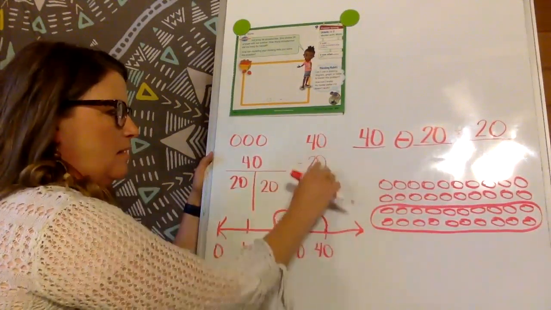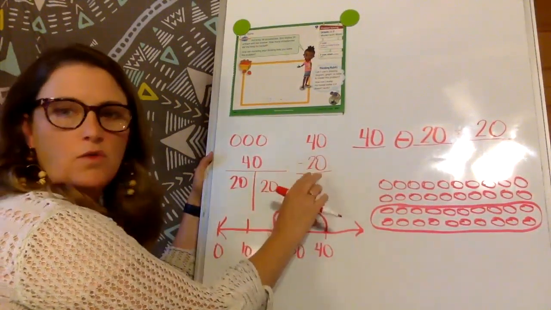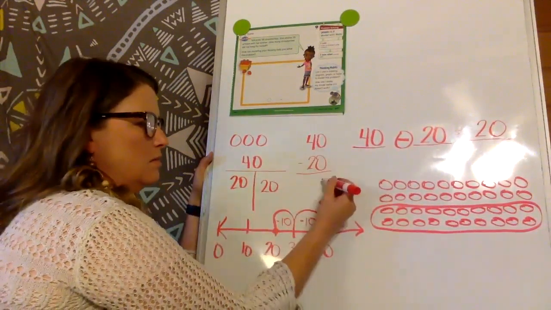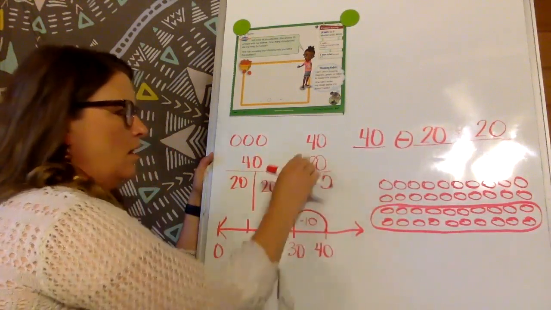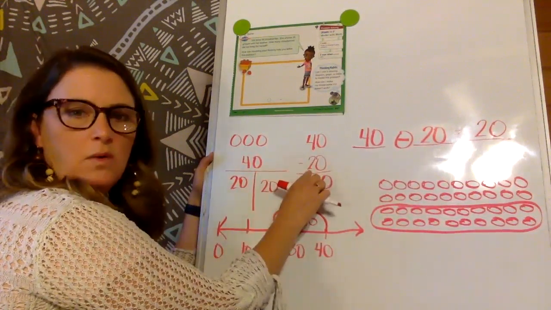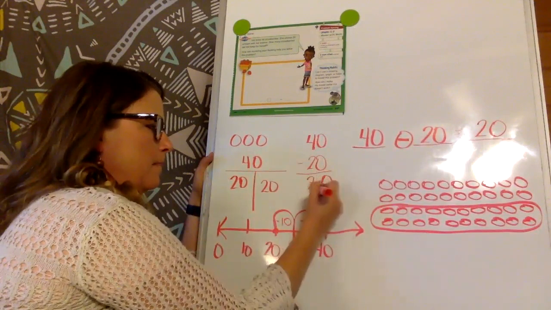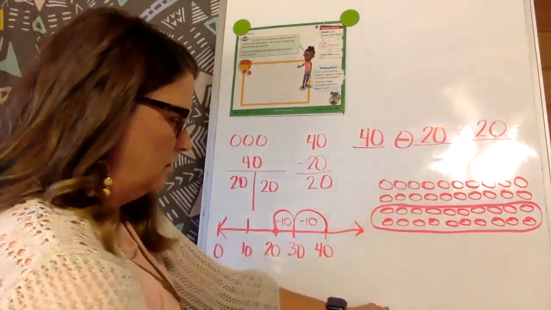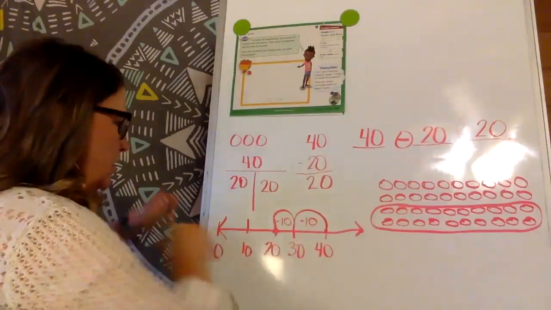Okay, I could subtract my ones and my tens. Now remember, if you do it this way, you always, always, always start with your ones places. So 0 minus 0 equals, yes, 0. And then 4 minus 2 equals 2. Okay, so if I were to box all of these, so you could do